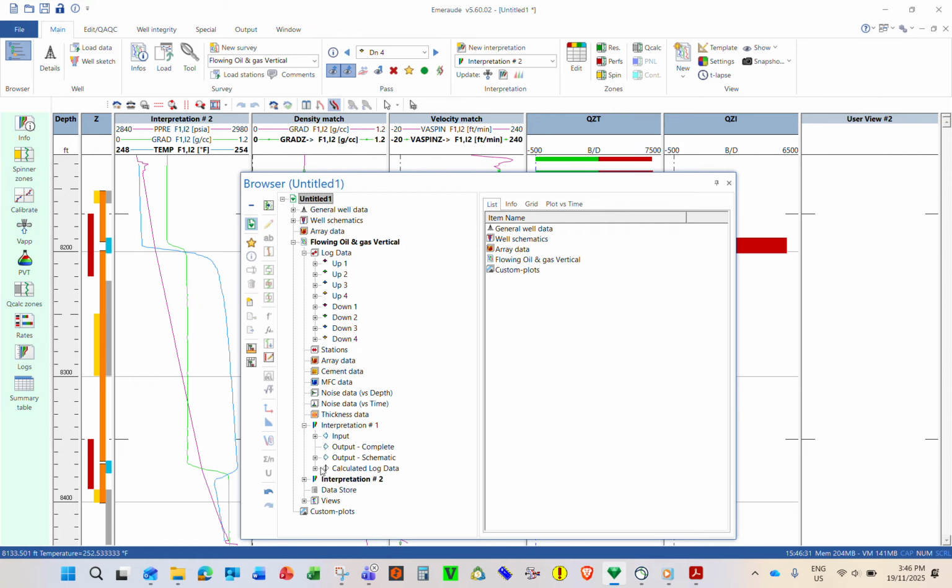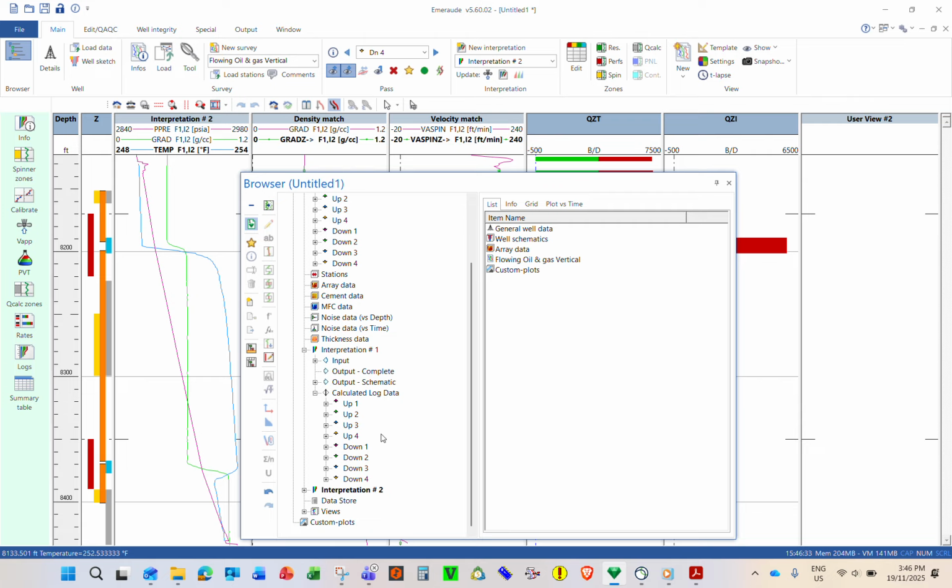So you can see the difference. Yeah, this is maybe not correct, but just to compare. And also you can make another user view to compare the Q oil total, for example. And then you compare the Q oil total from interpretation one. So something like this, you might be seeing the sensitivity. Yeah, so comparing like this. So just make a user view and compare.